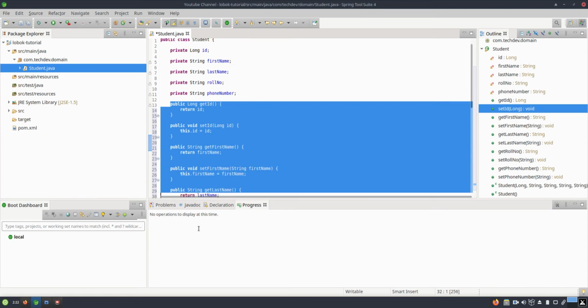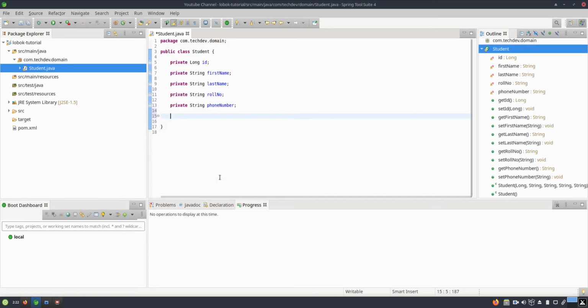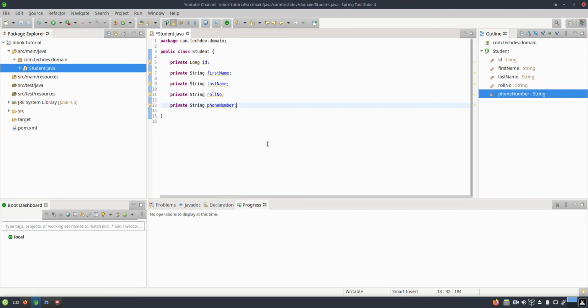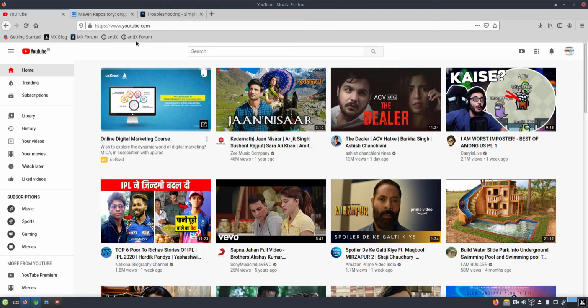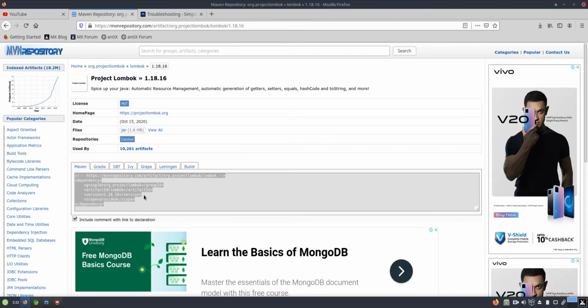So I am removing these getters, setters and the constructors. Let's save it first. Now we will add the Maven repository dependency for Lombok. So let's add it. This is the Maven repository which will be used for Lombok.